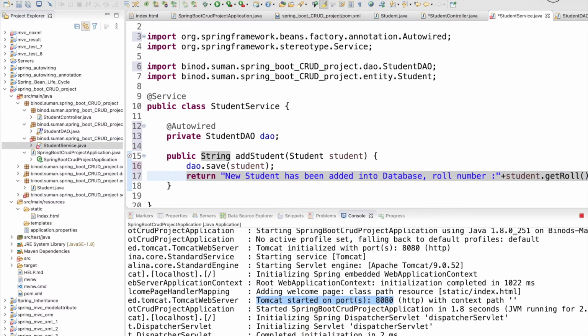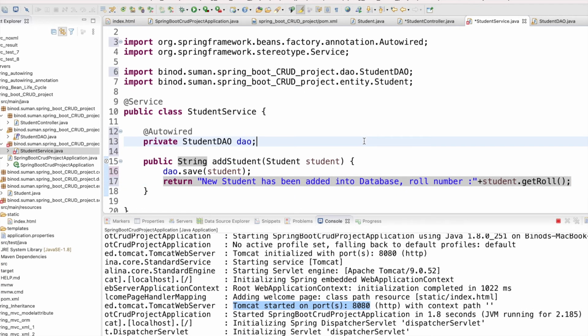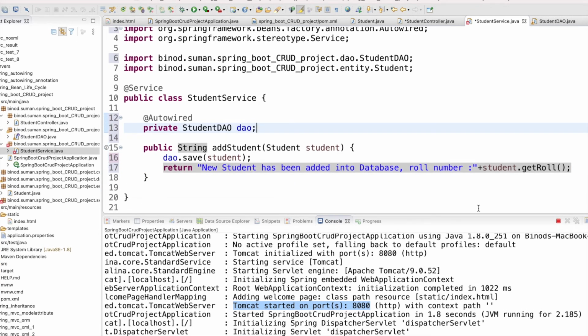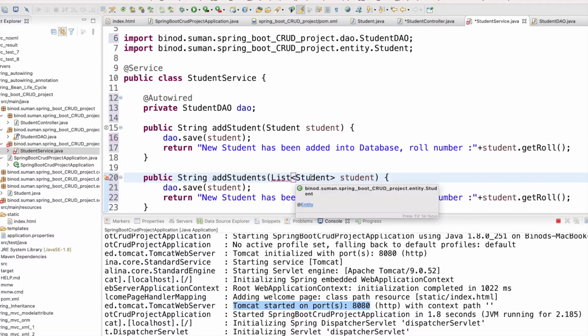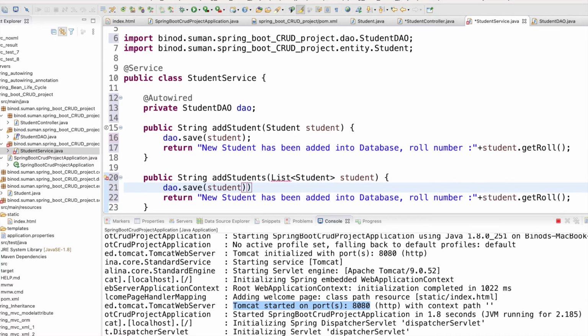So now we have the DAO, now we can do anything. We can add a student, and we can add bulk students also. So I will give the name for that, add students. Over here it would be a list of students, right? So I will pass the list of students, and for that I have to call saveAll.